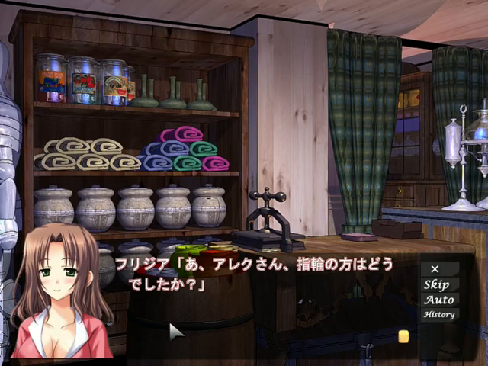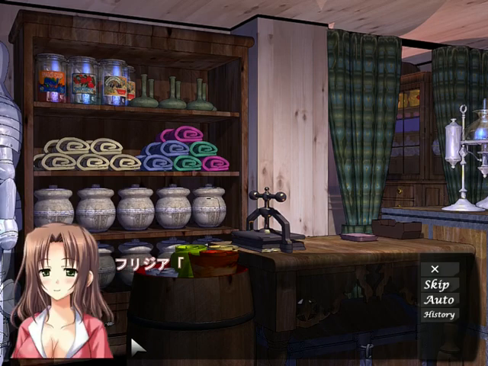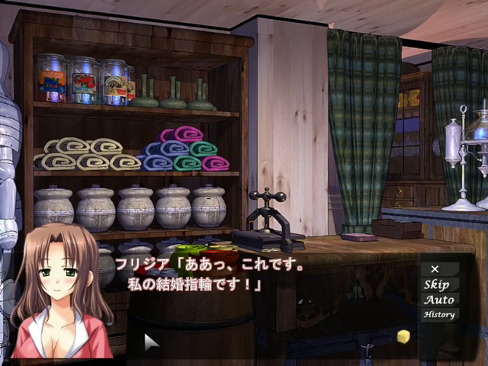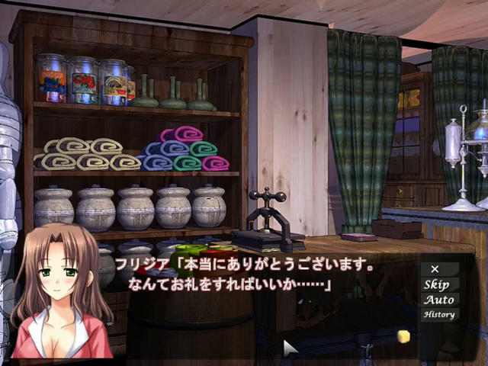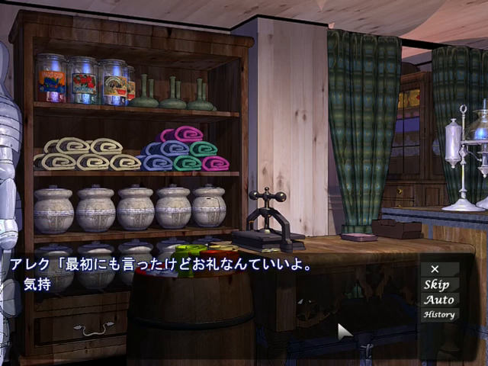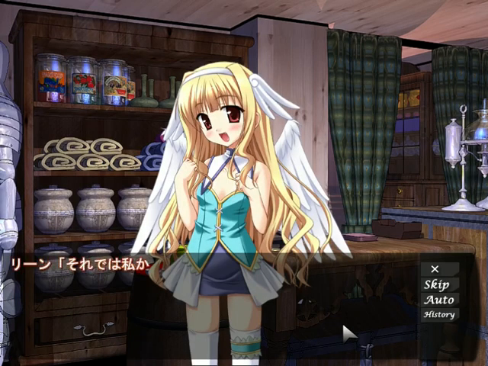She's asking about the ring. Here it is, I got it back. Hands over the ring. And that is it. It's like, that's good. I was wondering what I'd do if it was the wrong one. It's like, thank you so much. How can I thank you? It's like, I told you at the beginning, I don't need any thanks, just your feelings are good enough. But...